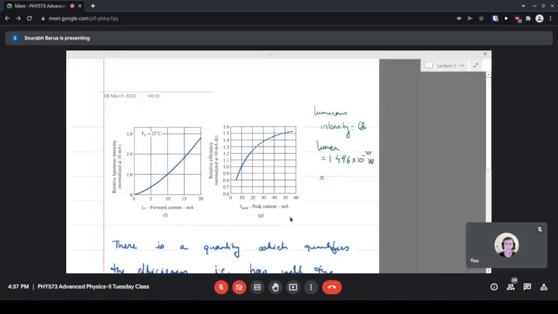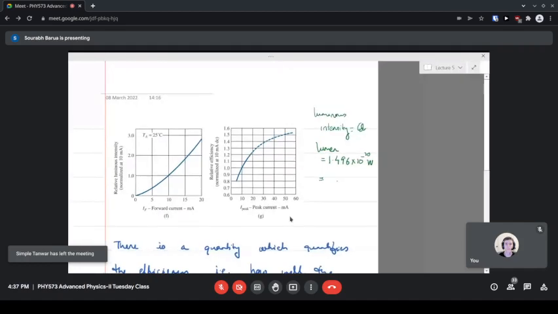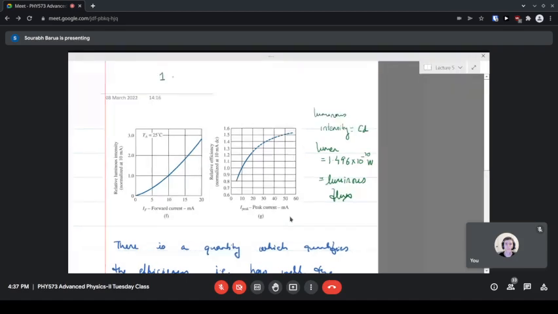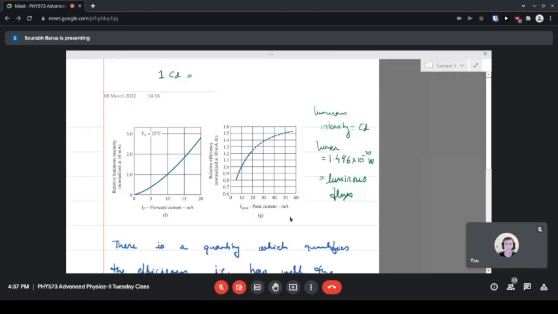It is luminous flux. Okay, so basically it's kind of confusing. Sometimes we consider flux as per unit area, but here it is lumen. It has the dimensions of power, you can remember, and it is a very small unit, 1.496 into 10 to the minus 10 watts, and it is called the unit of luminous flux. And luminous intensity, as someone just now said, is candela. So what is the relation between one candela and one lumen? First of all, they are not the same unit. So, but